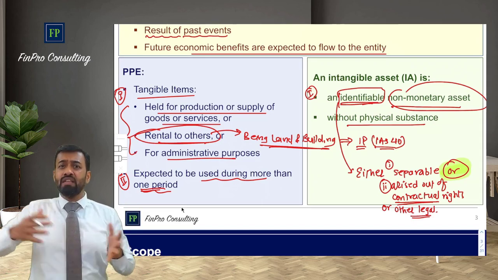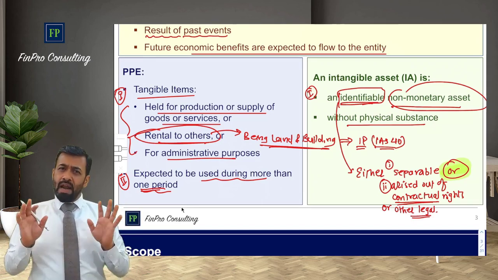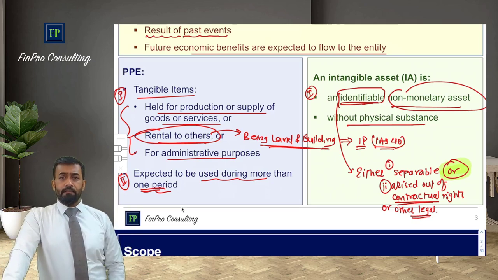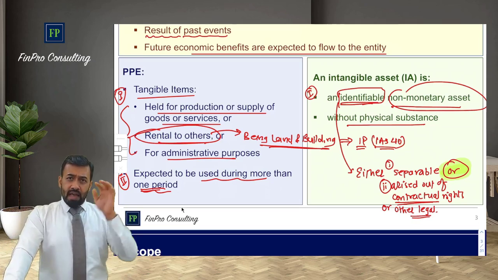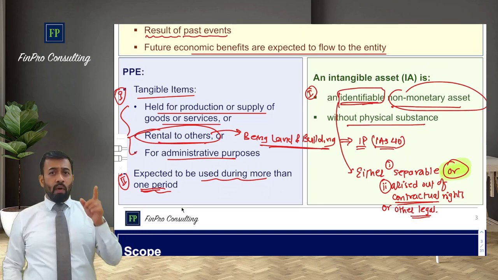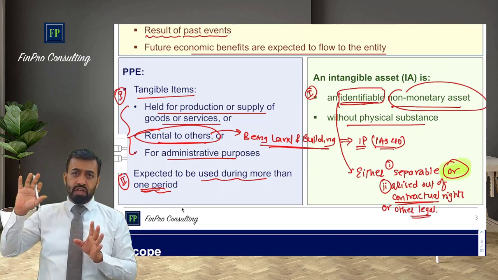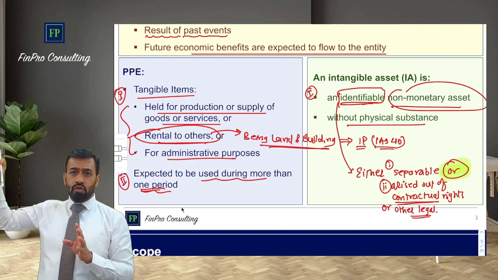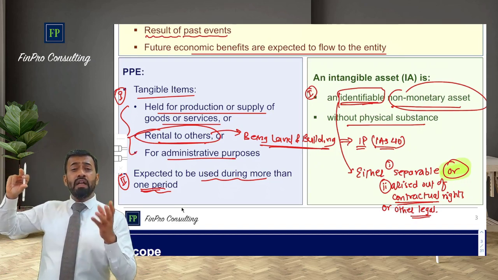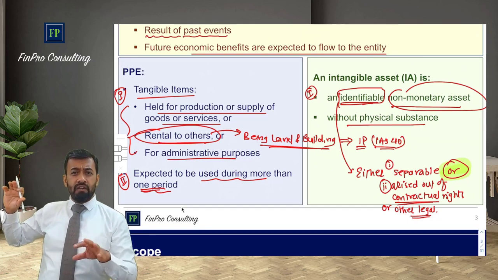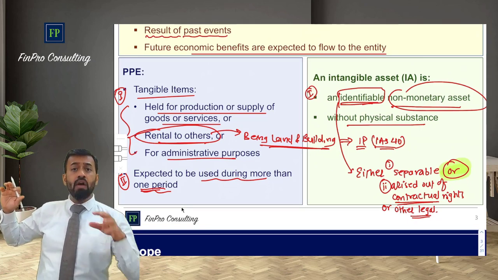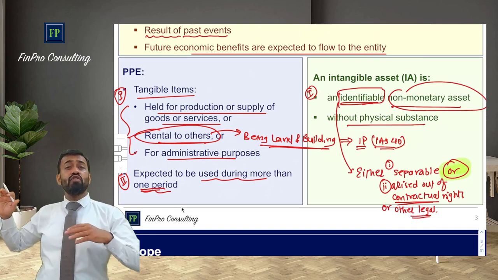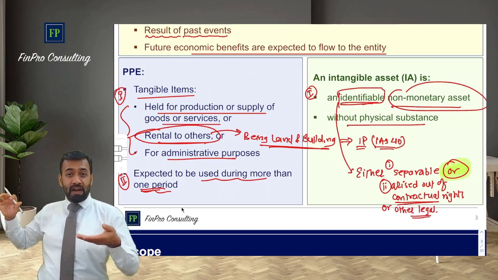This is the explanation I'm giving. You need not write this much in the examination. Write it very short and simple. What is identifiable? Give these 2 pointers. First of all, it is an identifiable non-monetary asset. Provide that. With the facts given in the scenario-based question, this resource is an identifiable non-monetary asset. For being identifiable, it must either be separable, or if it is not separable, then it must arise out of a legal or a contractual right.